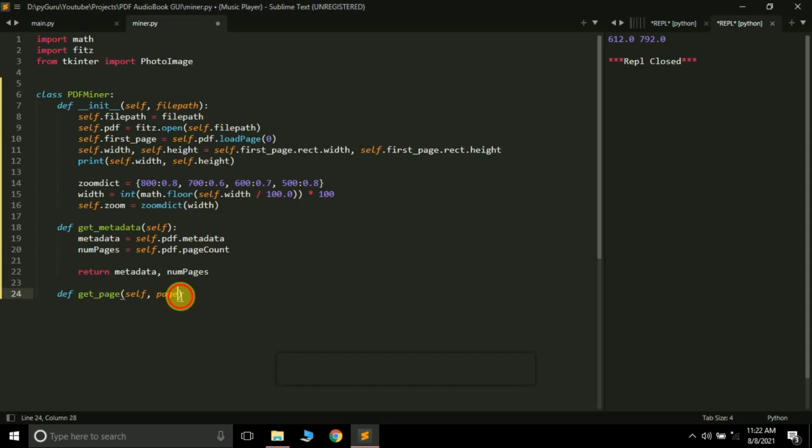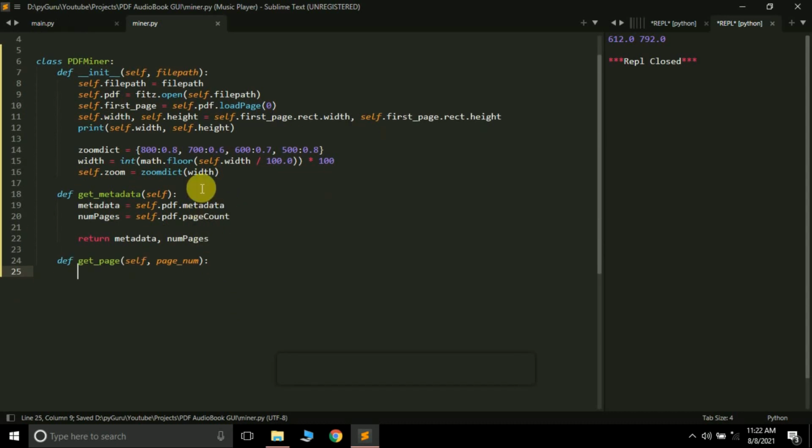See what it means. Self.get_page, what it does is, do we need it right now? I guess we have to create it. Okay. We need it right now. So what we are actually doing is, we will zoom our page, then we will extract the page, convert it to PNG, and then display it on the canvas. Now the Tkinter canvas widget can show images, so we are going to use this opportunity. We are just going to extract the page, then convert it to PNG format, and then we'll display it on the canvas. That's all.